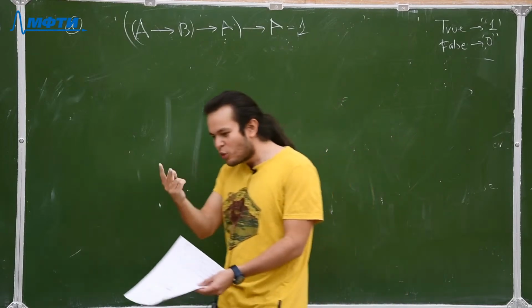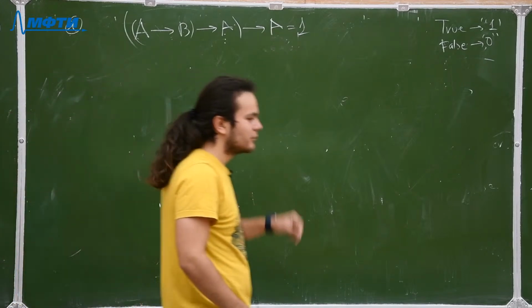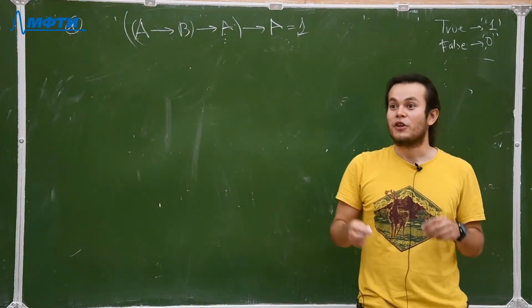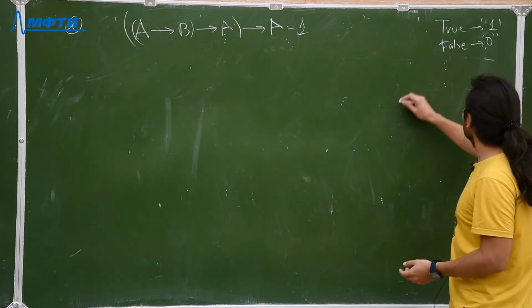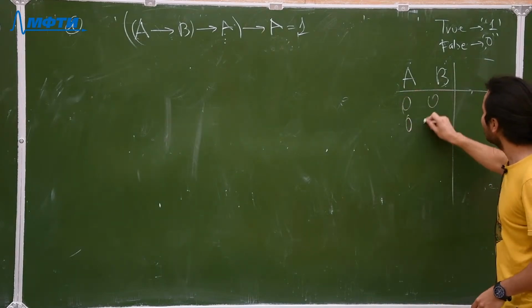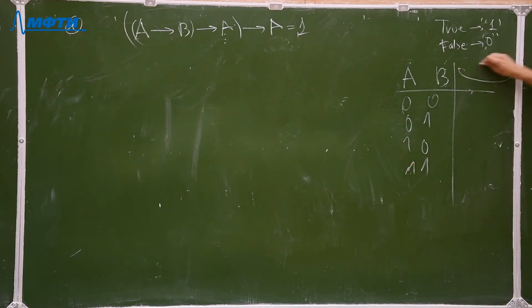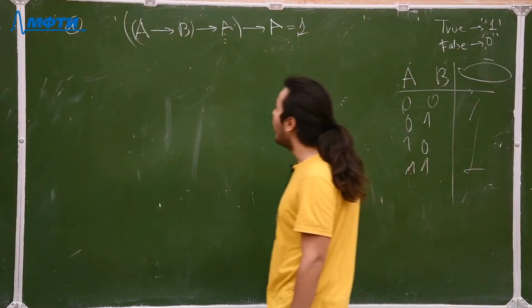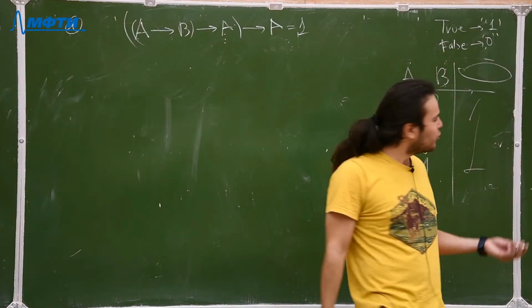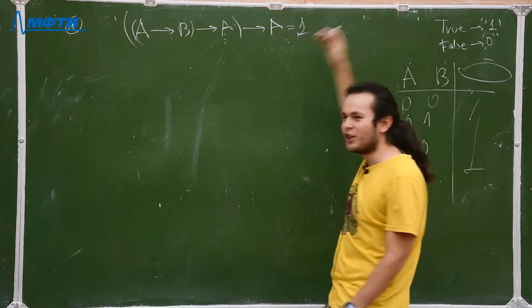But we have two ways to resolve this problem. Tell me the first one. Yes, that's the first one, the obvious one. So we have A, B. We write all the possible values. And then we write all this here, and we need to show that this is 1. But this is not always a good idea because now this is short, but this can be really long, you know?